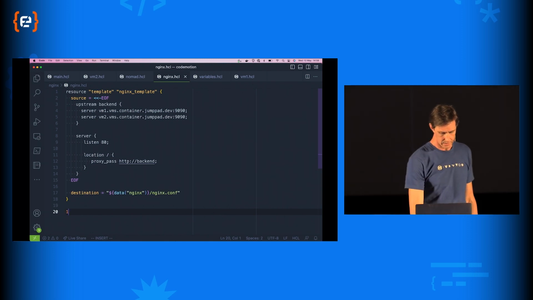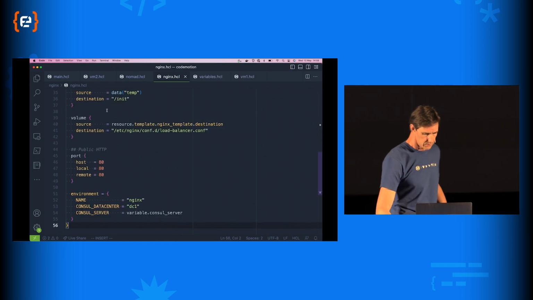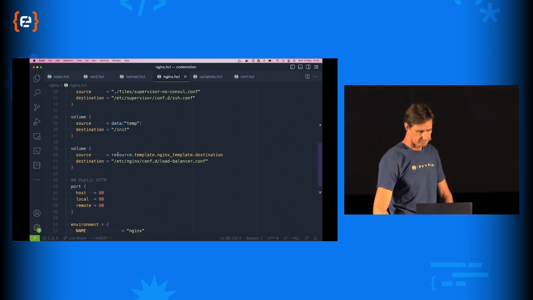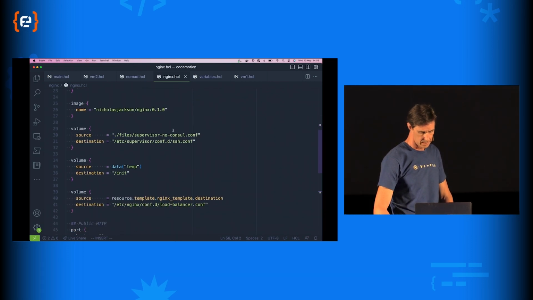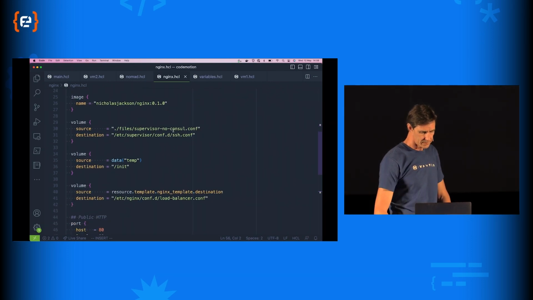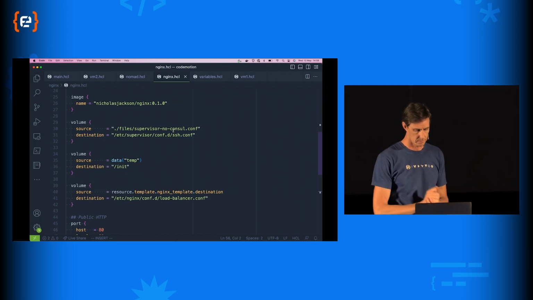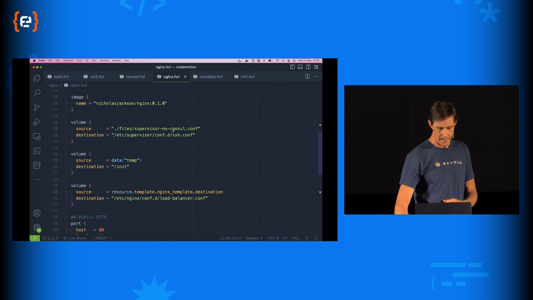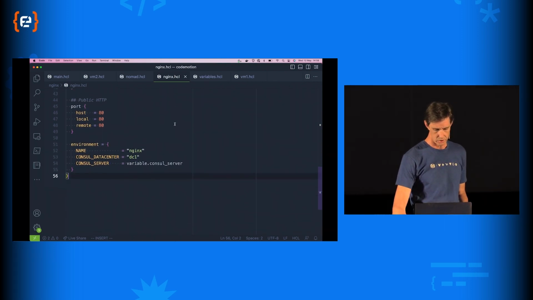And then what I can do is define my Nginx resource. So I'm just using the container Nginx, which is already pre-built for me. I'm using some supervisor config, and all that is doing is just starting Nginx. And then I'm going to add my configuration to it there.